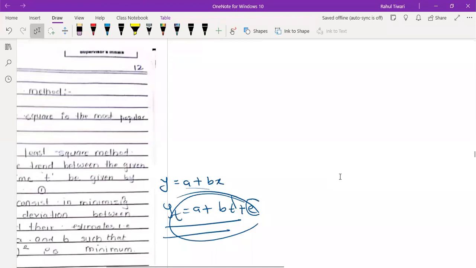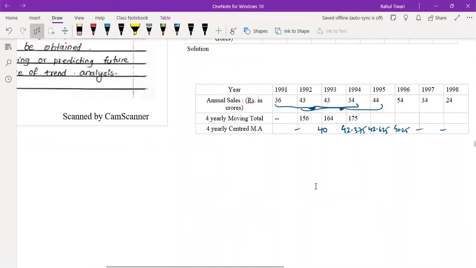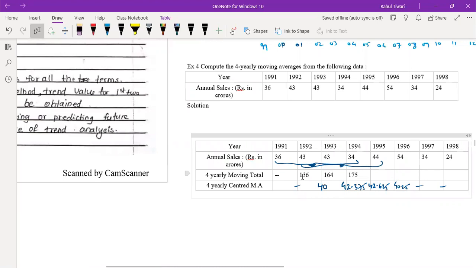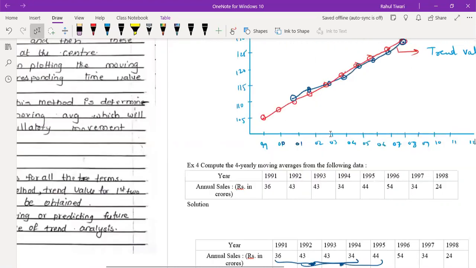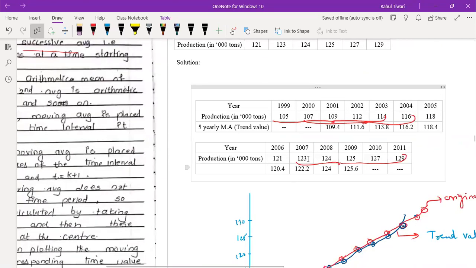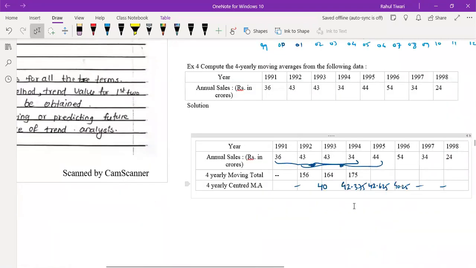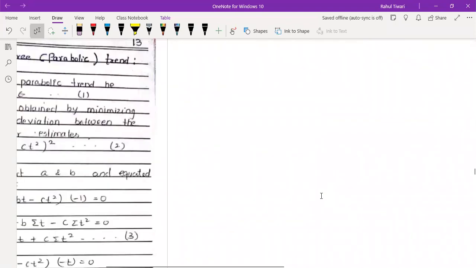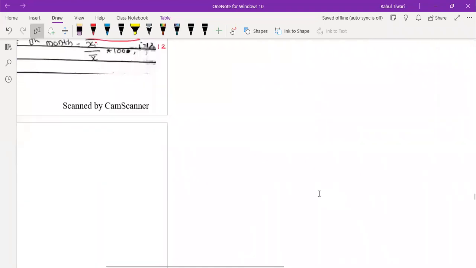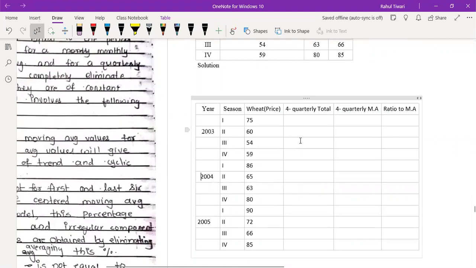I think we did some problems on it. Remember the moving average? We obtained the total like this. If it is 5, it was simple, but if it is 4, it was not simple. For 4 quarterly data, remember we took the average. We obtained the total, and then after the total, we found the centered moving average, which is the average of these two quantities divided by 2. The same concept we have to use here also. So you can see whether you are able to do it or not. If you are not, then let me know.